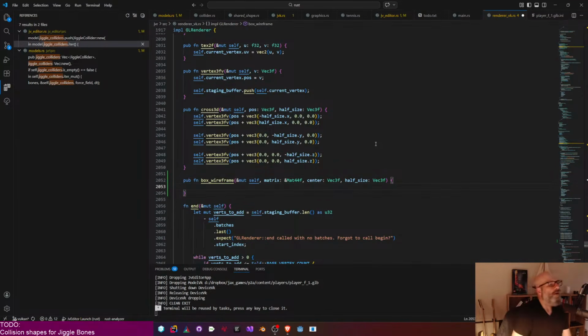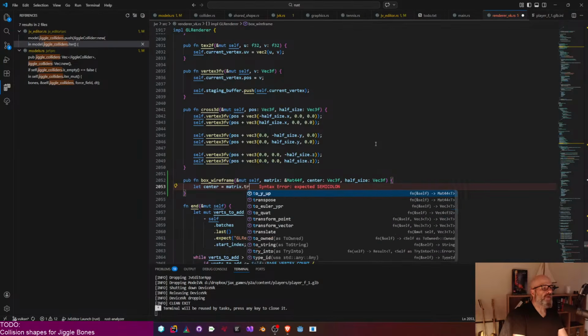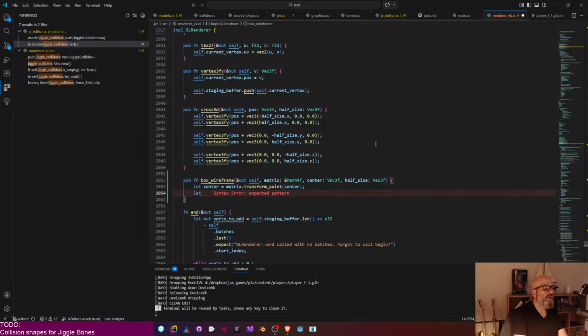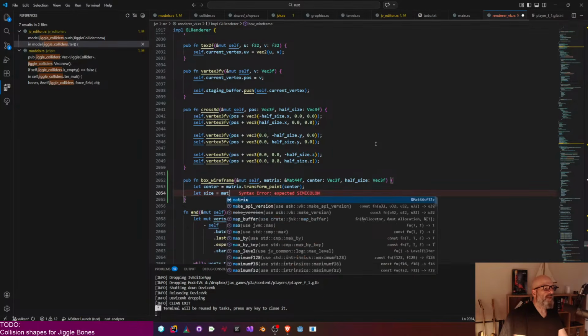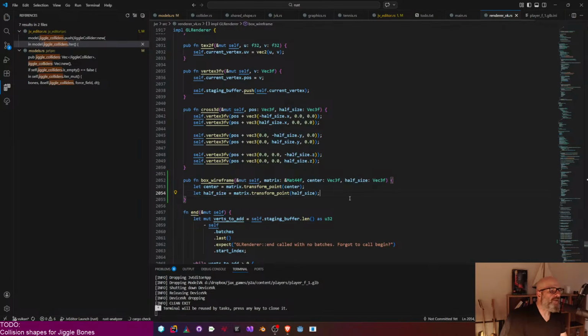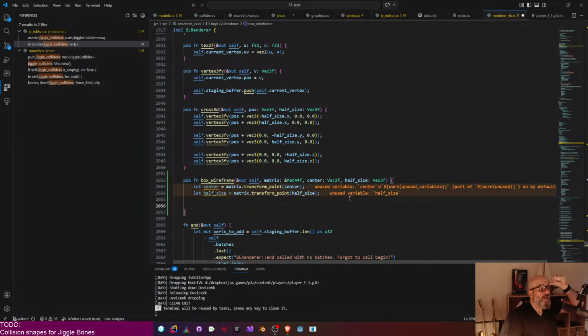Right, and we can transform these. So center is going to be matrix transform point center, and size is going to be matrix transform point half size. Let's call it half size, because I don't want to come back here 3 years from now wondering. Okay, and then we're going to do